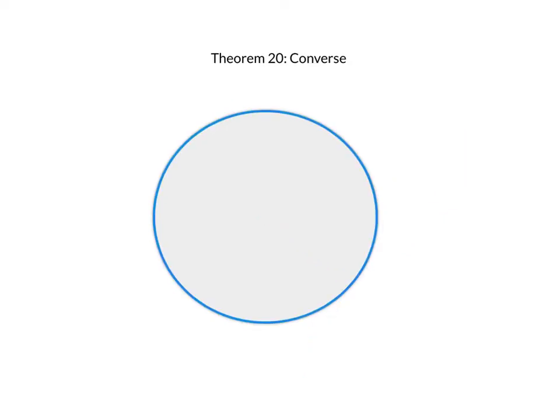So now we're on to the converse to Theorem 20. So in the converse to Theorem 20, we have a point P which lies on a circle. And we have a line L which goes through our point P. There's our line L. So if this line is perpendicular to the radius out to P, if it's perpendicular, then L is a tangent